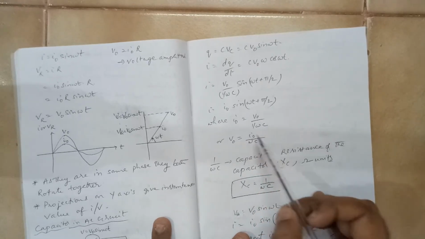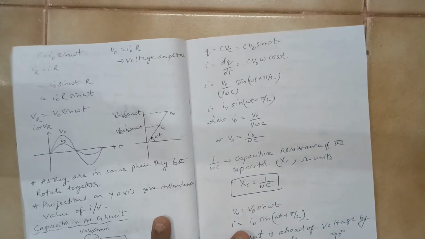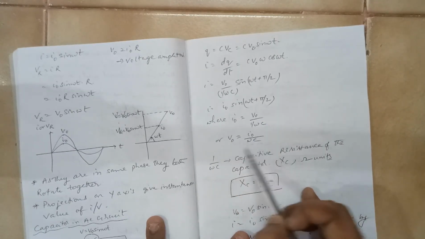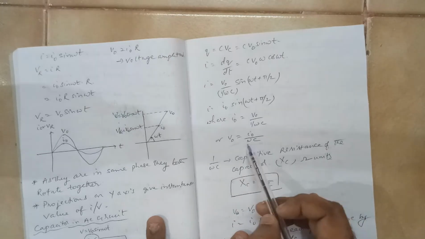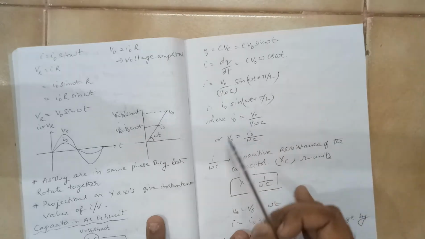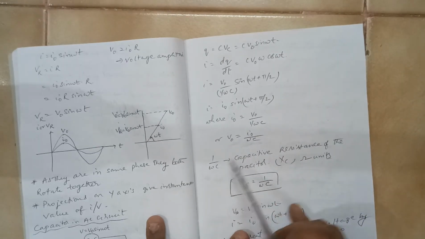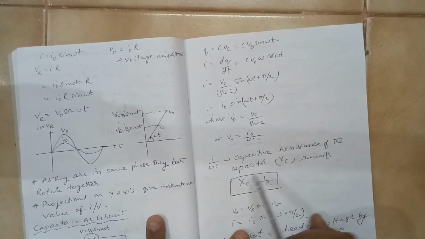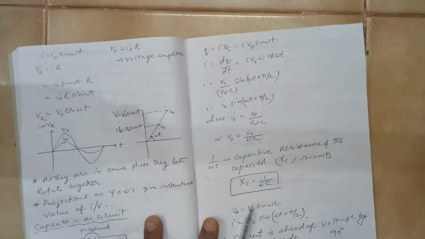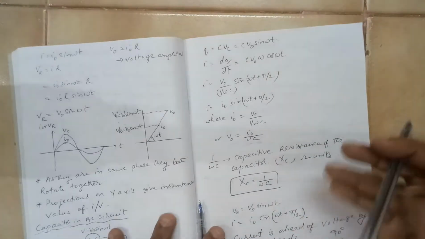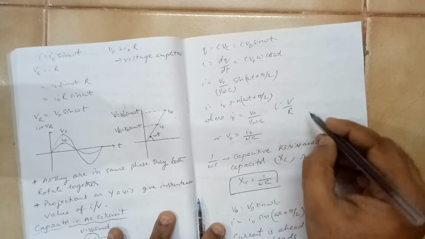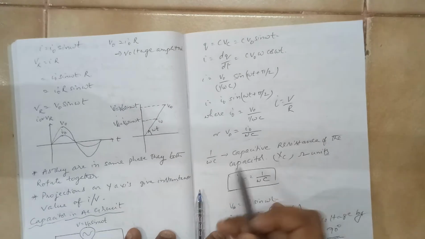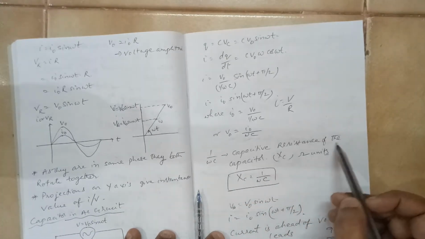Is it not something looking like I is equal to V by R? So here V0 is equal to, you take this term to that side, you get I0 by omega C. You can find out the peak voltage using this formula. Now this 1 by omega C, as we have discussed, is looking like a resistor, right? It is called capacitive resistance of the capacitor. I am just comparing this equation with the general equation, I is equal to V by R. This is not R, but analogous, right?